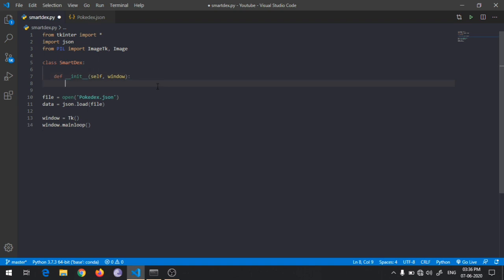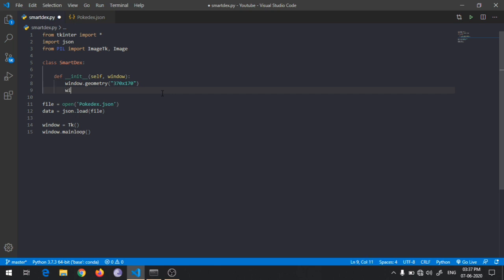Then let's say we will resize this window. So geometry, just give 370 x 170. Okay, so a 370 by 170 window. Then we will not give permission to the user for resizing, so resizable, and that will be 0,0.